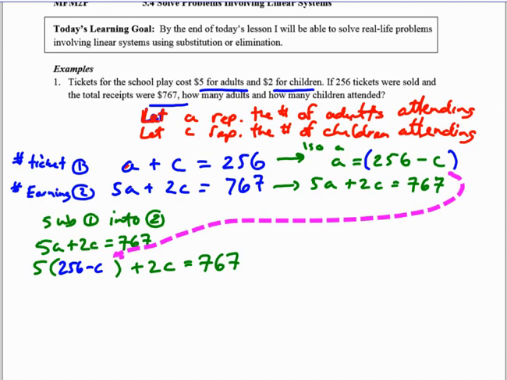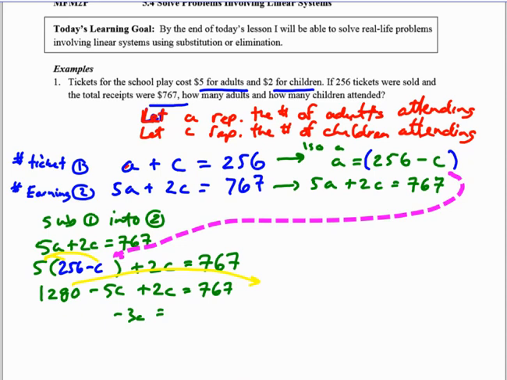All right, so the next thing we have to do is the distributive property. So 5 times 256. Now, yeah, you might need your calculator for this. 5 times 256 is 1280. And then the next one, distribute negative 5C. Now everything else stays the same. All right, we gather like terms, so we'd want to bring the 1280 over here, and we want to combine these two. So we have a negative 3C equals,